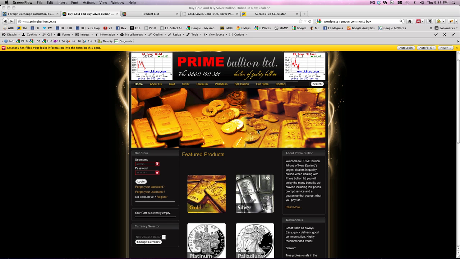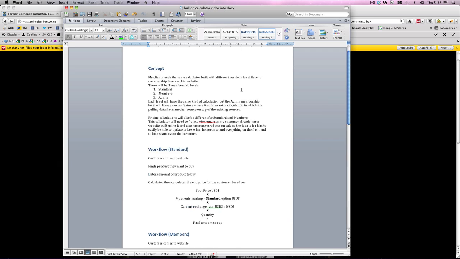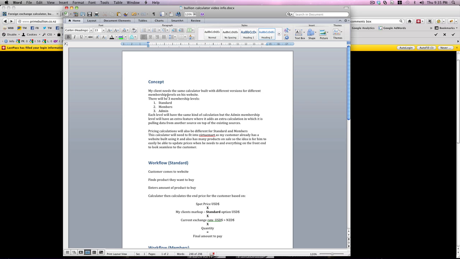So basically here we've got this. This is the concept. Okay, so my client needs a calculator built with different versions for different membership levels on his website. So there'll be 3 membership levels: standard, members, and admin. So the admin level is basically my client who owns the website. That's basically just for them to go in and